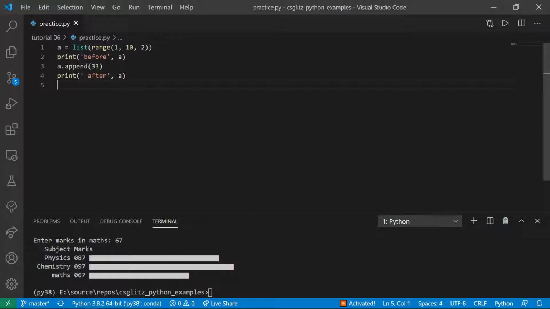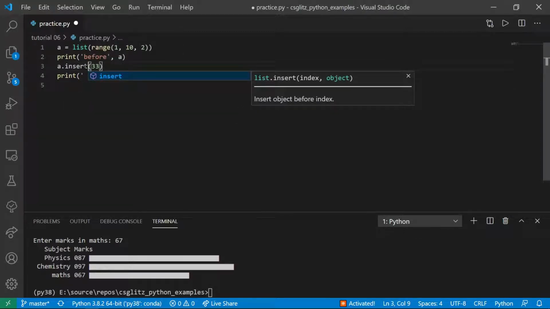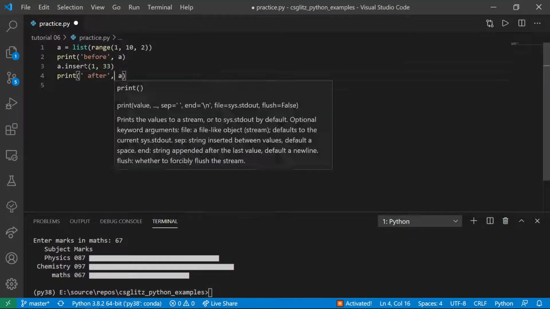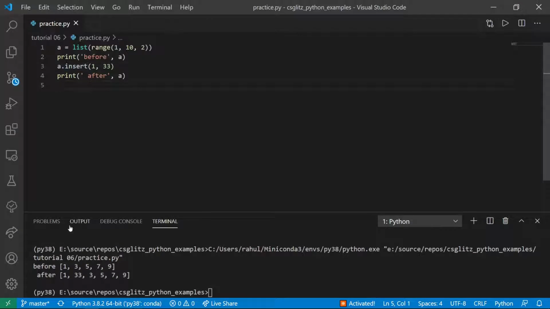Back to methods, append will always put the elements at the back. But if we want to insert in any other place, then we can use the insert method. It will insert the element at index 1. If we give an out of range index, then it will just insert at the end of the valid range.